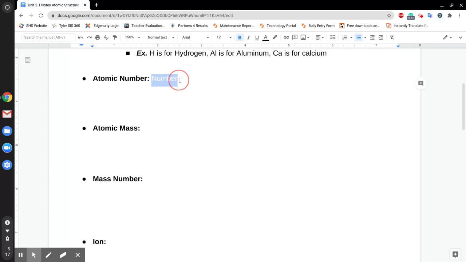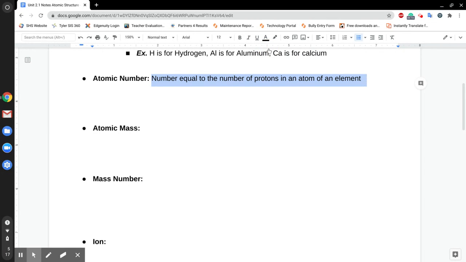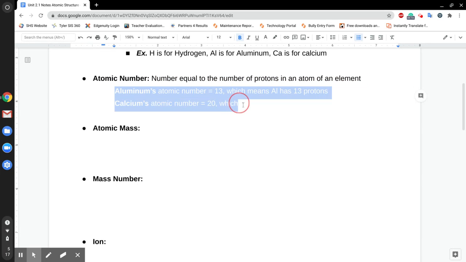All right, so the atomic number. The atomic number is the number equal to the number of protons in an element. We'll get to this in a bit, but it's the number equal to the number of protons in an element. As a couple of examples,